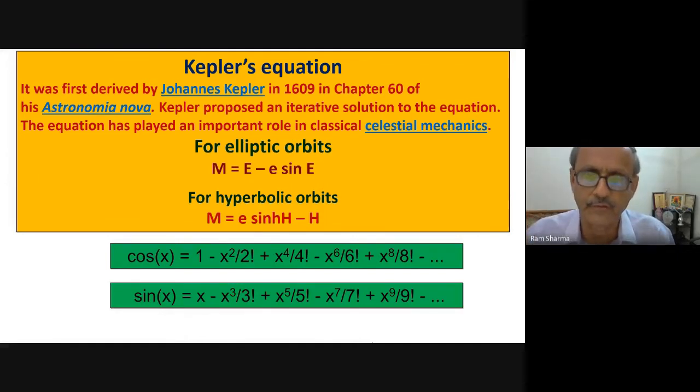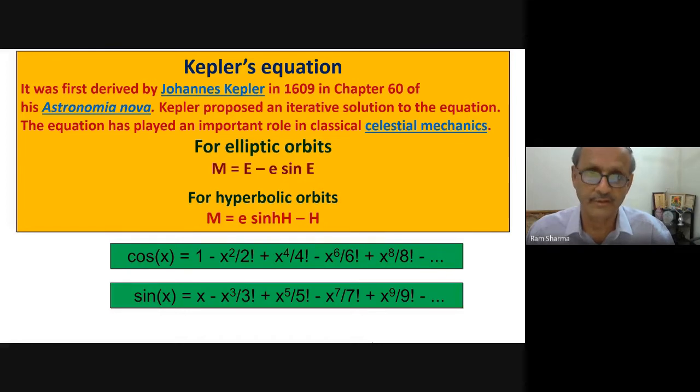So still, when you do, supposing, some of you have done some new areas for using optimization. So even people use whatever the new technique they learn, they try to use it on this equation and see whether there is solution. Because when eccentricity is increasing, iterative solution convergence becomes difficult. And the other one, down one, is the hyperbolic orbit.